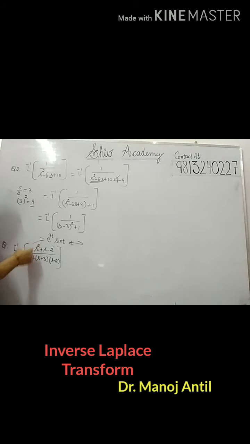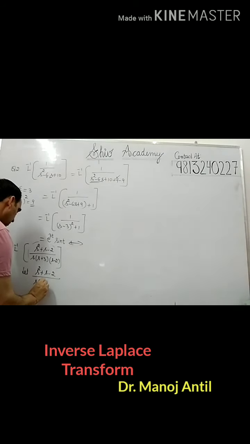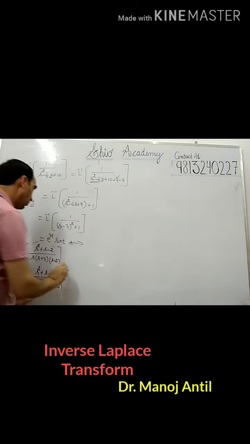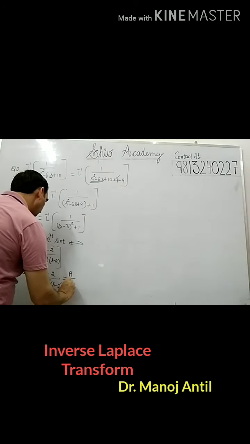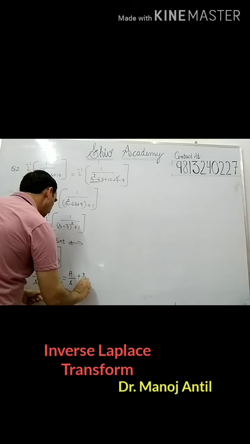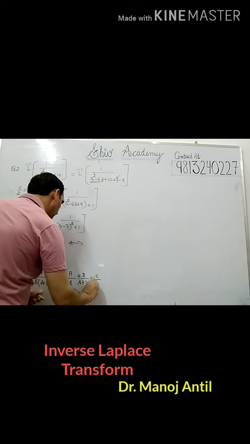Look at this part, whose inverse Laplace transform we have to find. So we make the partial fractions. Let s square plus s minus 2 upon s into s plus 3 into s minus 2 be equal to the following. Dear students, now look at these three factors. All these three are linear, meaning all have power 1. In such a case, to make partial fractions, we write it as a upon s, first term, plus b upon s plus 3 plus c upon s minus 2.